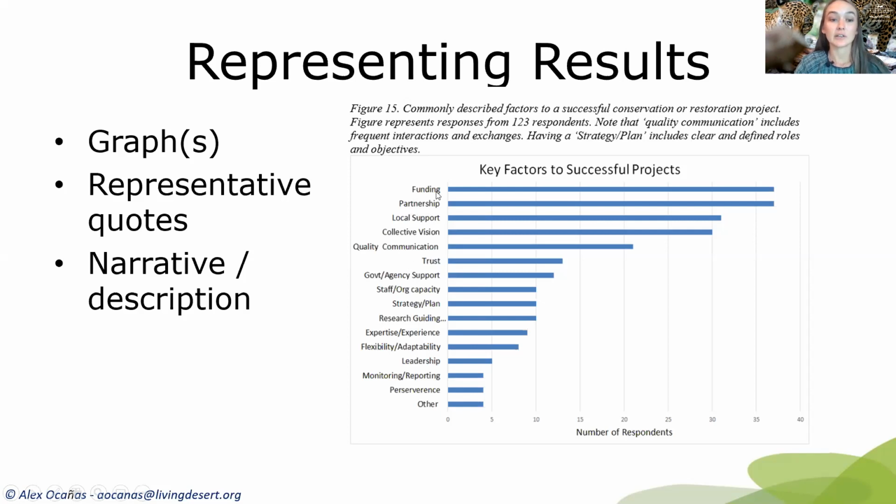Okay, and I say graphs for this type of qualitative research. This is kind of more of what we call a flat analysis, where we had a very specific question, if you remember: what are the key factors leading to success in your last project? There's not too much room for the answers to go all over the place, if that makes sense, in this response. Whereas if we had said, describe